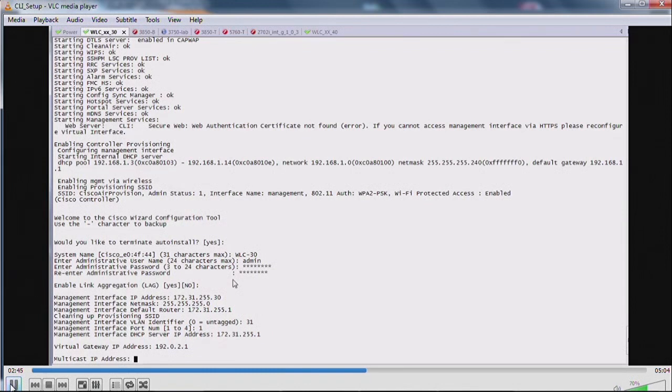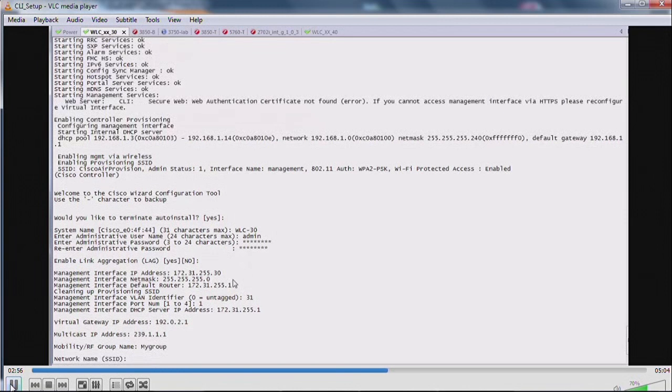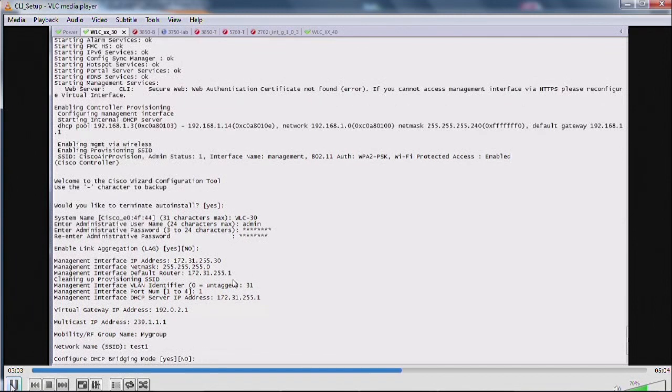Then it asks other questions like multicast IP address, and if you don't know what that is, it may be complicated to answer that question. Let's put one IP address here. Then it asks you something you know now. What is the mobility group? And the RF group is going to be the same at first, but you can distinguish one from the other later on. Then you have to create one SSID at least,